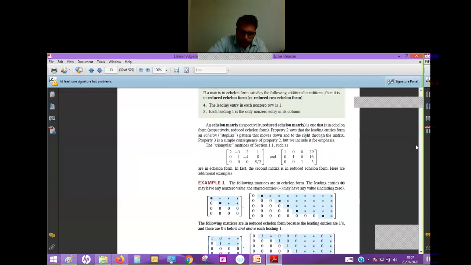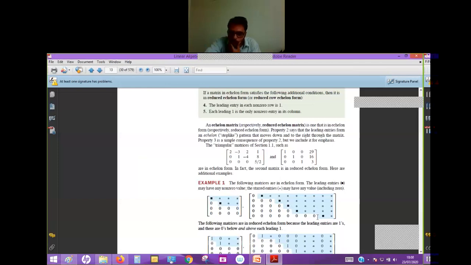So please consider these two examples. What I am pointing at, you are able to see. Please consider example one. And echelon means what? This is also given here: step-like pattern. Can you see, by the light blue color, the step here? I am indicating with the mouse. Are you able to see this?